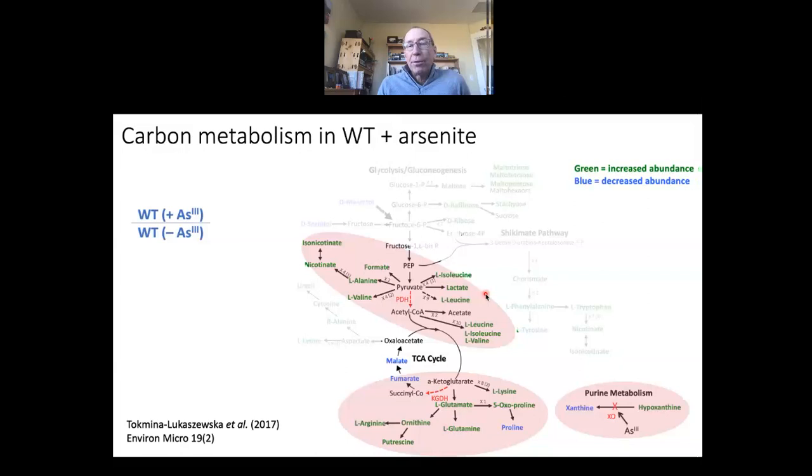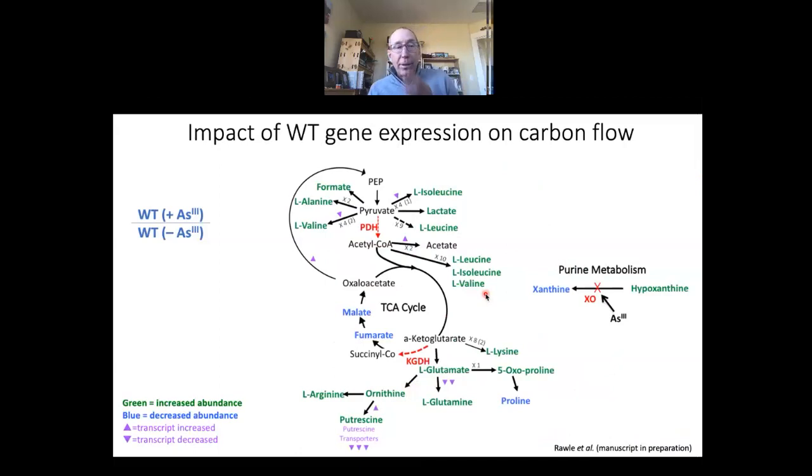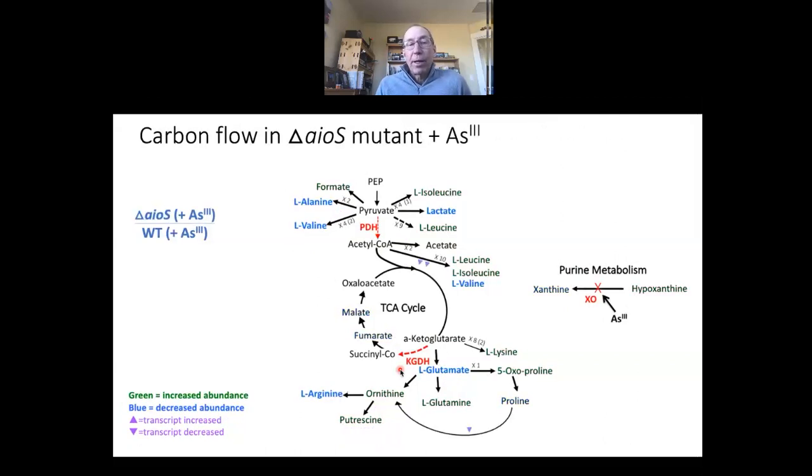And this is just highlighting those changes that we expected from arsenite metabolism. And we can also correlate this with the gene expression because we had the gene expression data. And so the triangles are showing you essentially what is happening with the genes related to these different pathways. And what we do see is that there's not as strong a correlation with the transcriptome analysis and the metabolite changes as there is if we're looking at, for example, this enzymatic change due to inactivation of these enzymes.